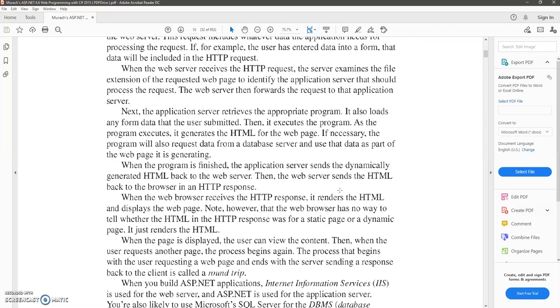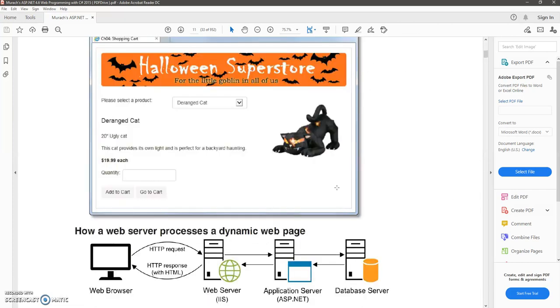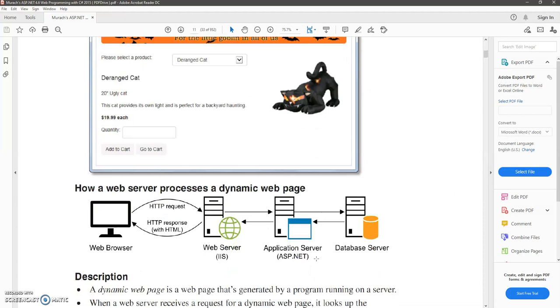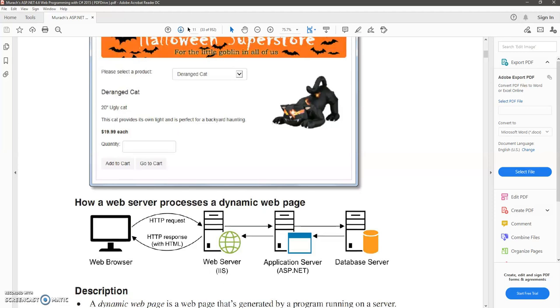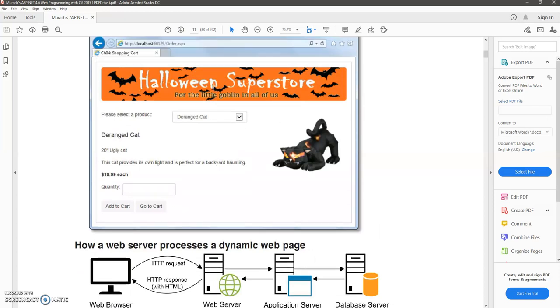So with that in mind, let's look at the dynamics, the ins and outs of how a web page might behave or might be deployed on a server. Here we have the web browser, the client, issuing a request. Well, let me look at this example here. This is an ASPX